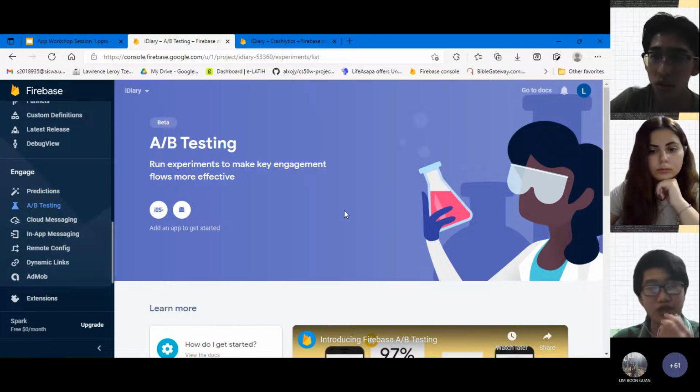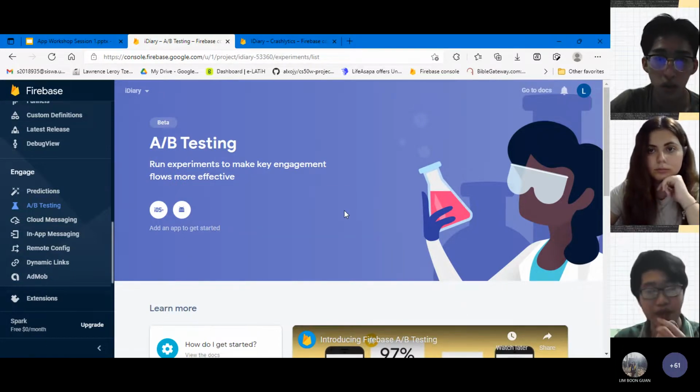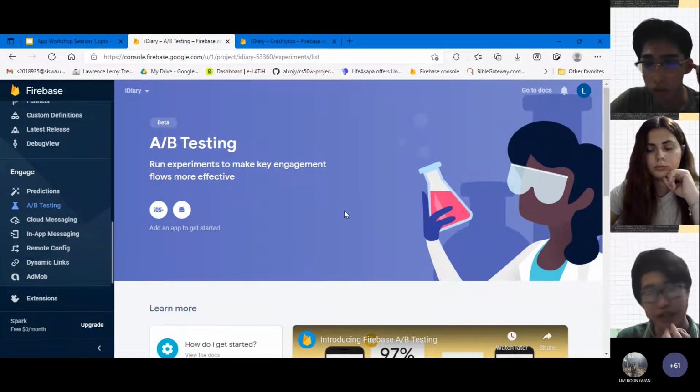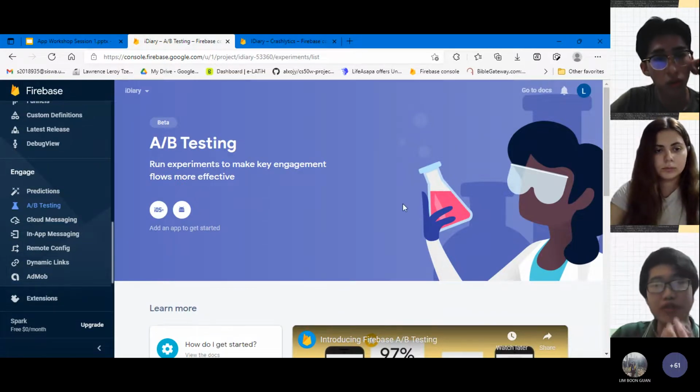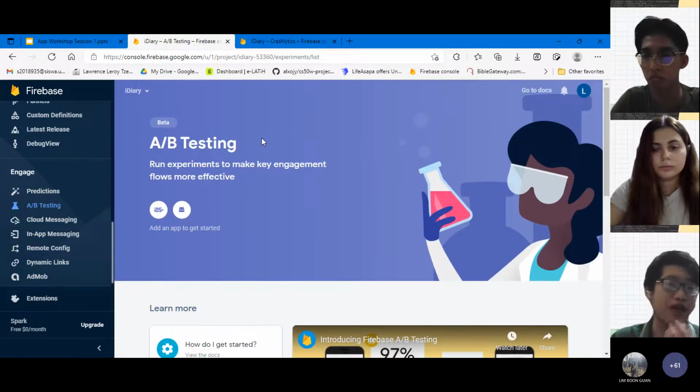Before you release it, you put it into an alpha beta test. One is your original app, one is your modified app, and you see whether the changes are really effective by comparing the data after the test. Without Firebase console, this is really time consuming, and it's a lot of information that needs to be analyzed. So Firebase console does the trouble for you so that your alpha beta test can happen effectively and you know what's best for your app.